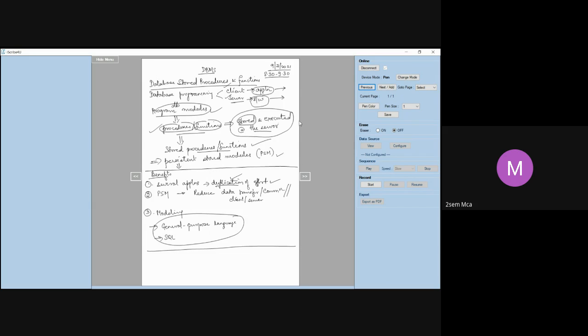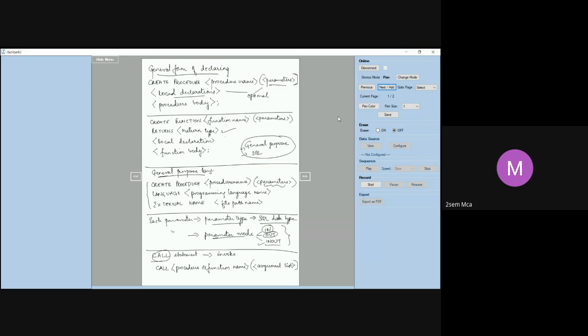So we saw what a stored procedure or a function basically is, and what the benefits of a stored procedure are. Why is it actually required? Then we went into the general form of how we declare a stored procedure. We write create procedure, procedure name, followed by parameters, local declaration, procedure body. Either you can declare a procedure like that or a function. The difference is that you will always have a return type in the case of a function, so you write returns return type, followed by local declaration and function body.